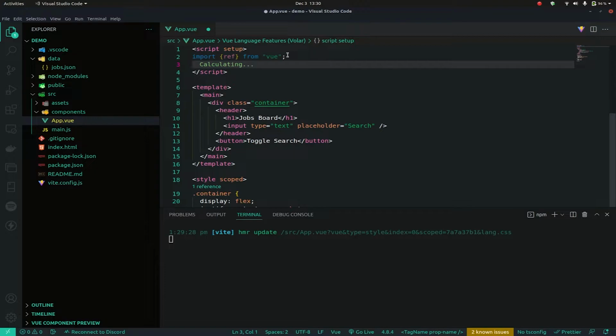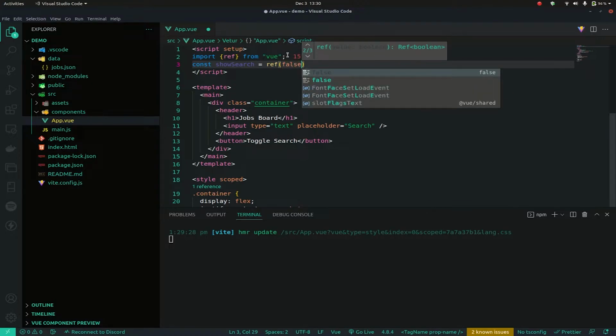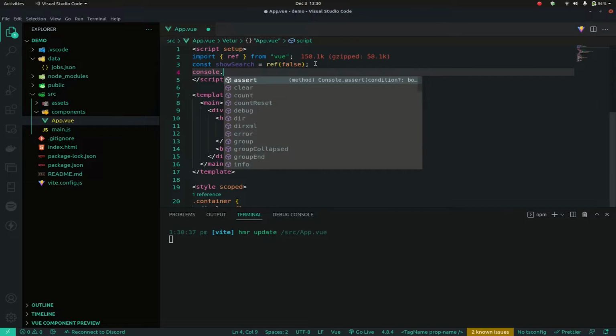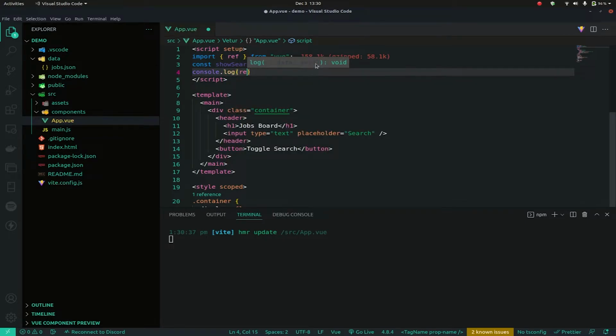I'm going to call it something like const showSearch, which equals ref. By default, I'm going to give it a Boolean value of false. So by default, we don't want it actually to be there. And if I actually console log this ref, or this show search state,